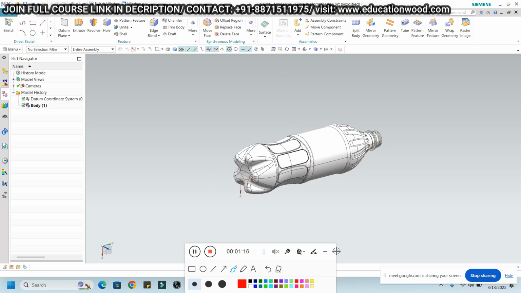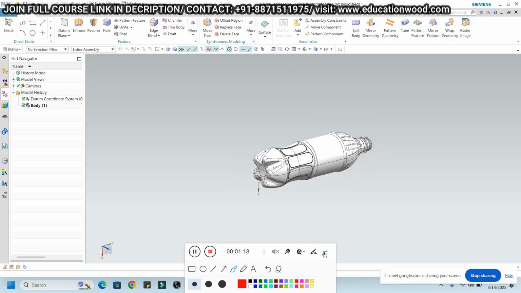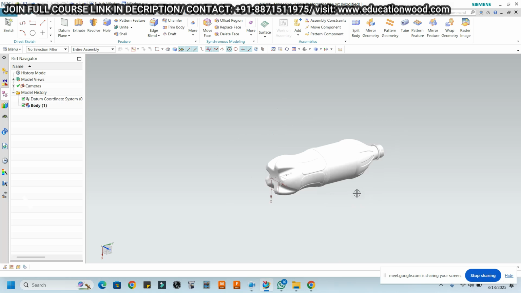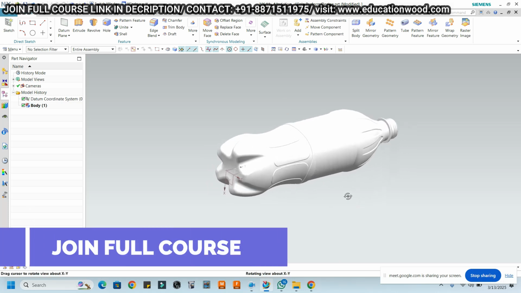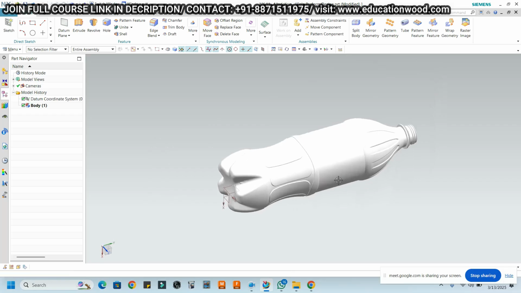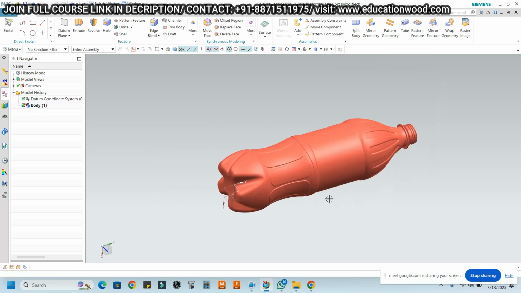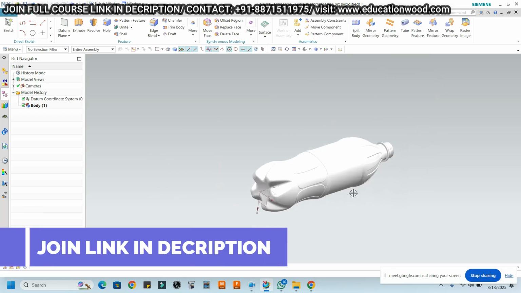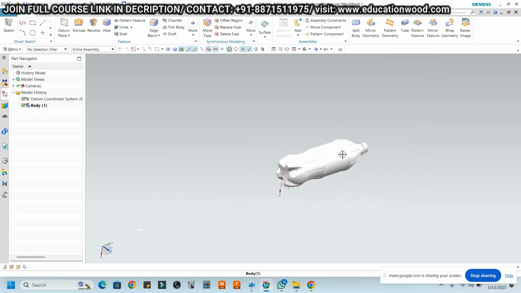So you can say that the parting line will be this. But for example, if the parting line is not visible to us, and the component looks like this, very sharp, then we cannot find the exact parting line, where the parting line is located, right? Similarly, if I have another type of component,